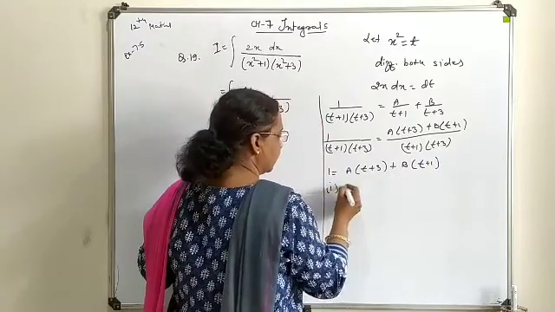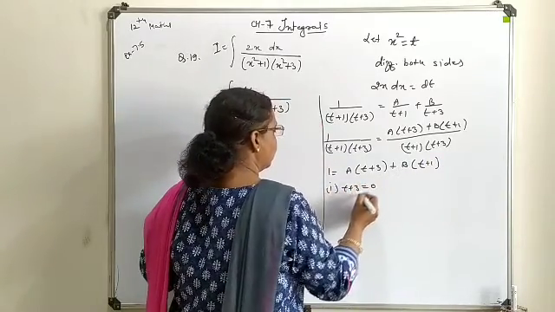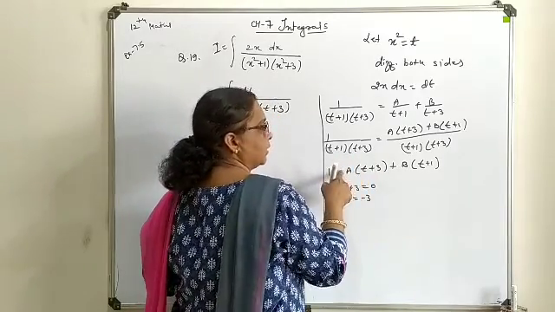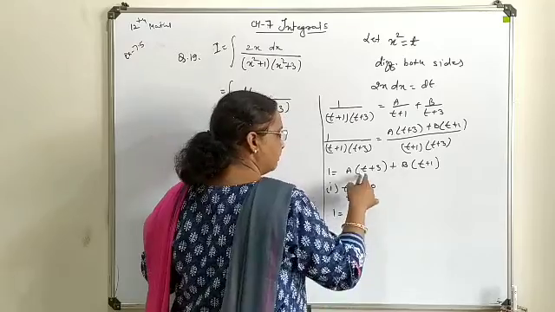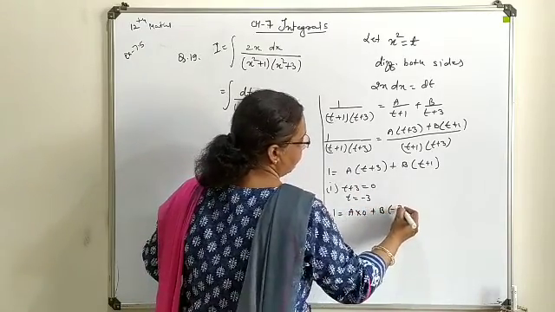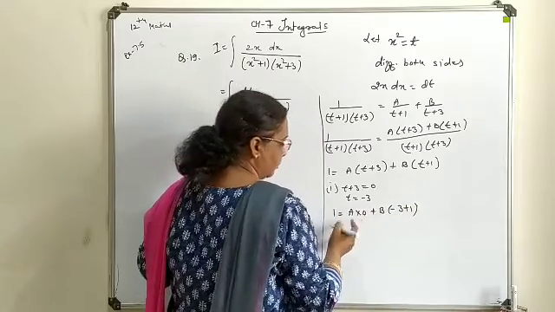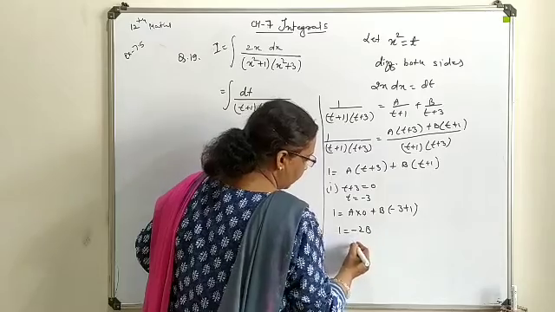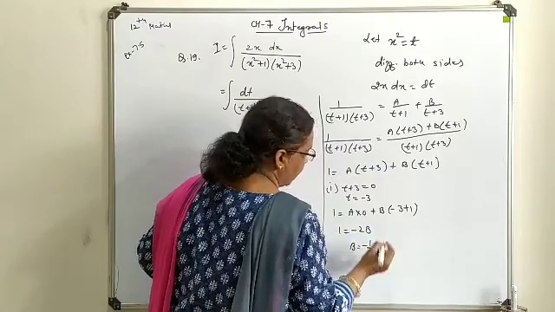Now first we take t plus 3 equal to 0, which means t is equal to minus 3. Substitute over here, and obviously this term turns to 0. So this gives the value of the constant b. This is minus 2b, so b comes out as minus half.